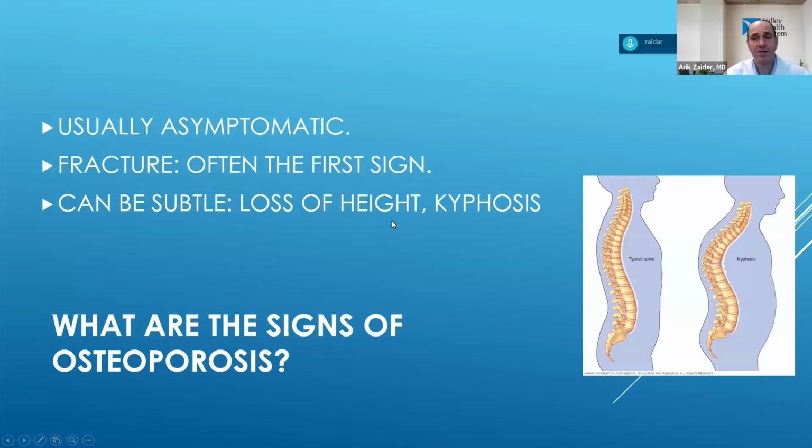Okay, so we said that osteoporosis is asymptomatic, and it's true. Most of the time it is. Sometimes you can get a hint just by how you might be changing physically. So I would particularly bring attention to vertebral fractures, what they call compression fractures. They can occur very subtly and very slow over time. And some of the hints are a loss in height. So if you start to lose height over time, that might be a hint that the bones are getting thin. It can also result in a change in posture. So the sort of hunched over posture that you see here is due to the gradual softening of the vertebral bones, which then leads to a malalignment of the spine.